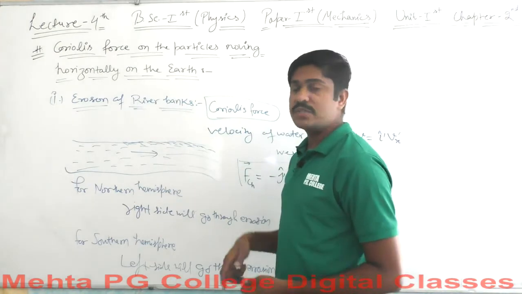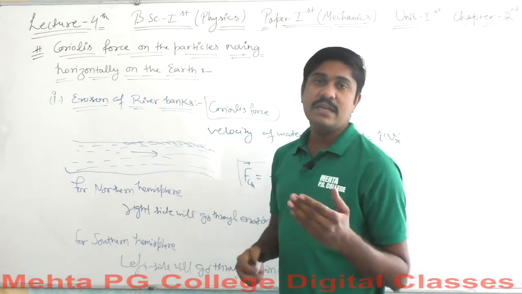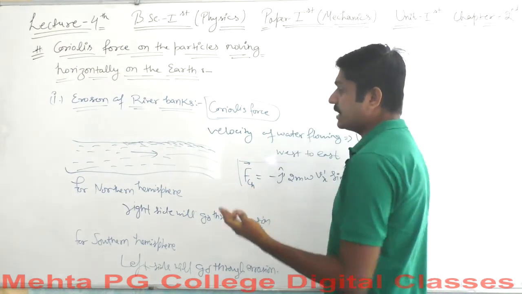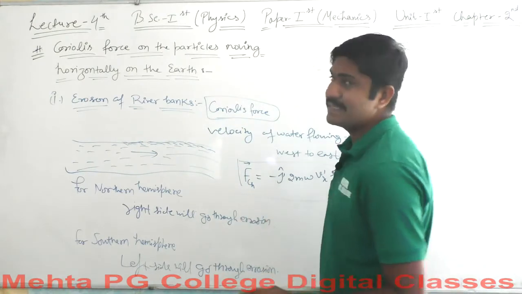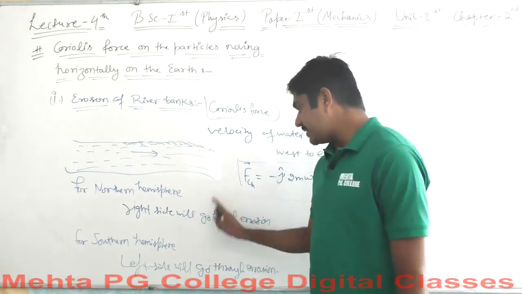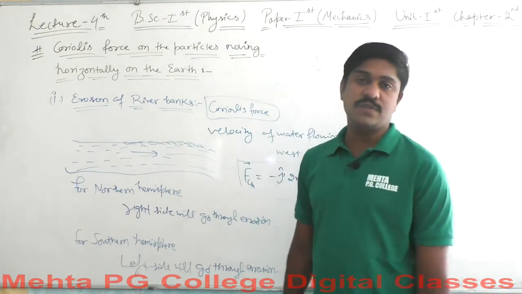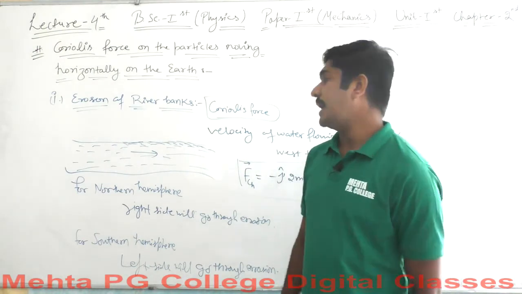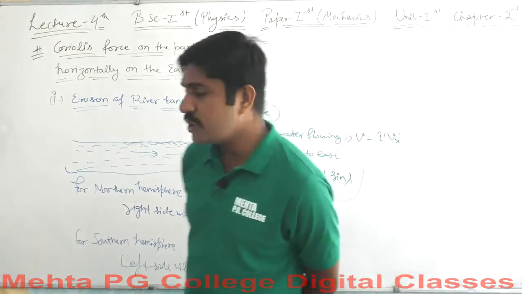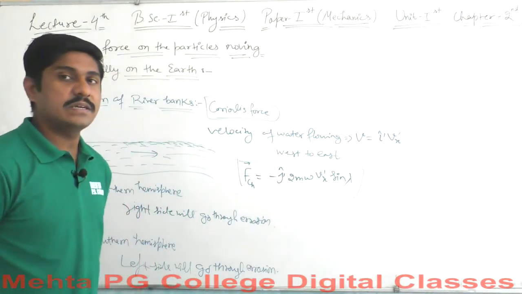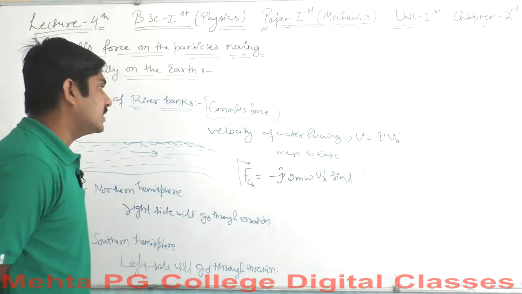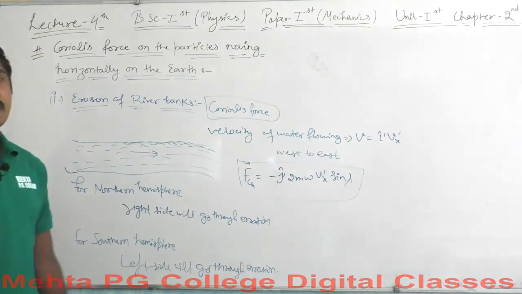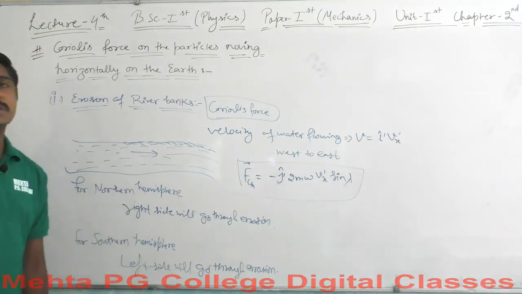So this right side will keep on eroding, the edges will keep on cutting within the water particles there, because in the northern hemisphere the Coriolis force will act on the right side for the water particles, and on the left side in the southern hemisphere. So for the southern hemisphere only the left side of the river banks will keep on cutting, and for the northern hemisphere the right side of the river banks will go through erosion, or will keep on cutting there. Okay, so this is all what happens within this equation here. I hope that you got the concept for this particular thing here.